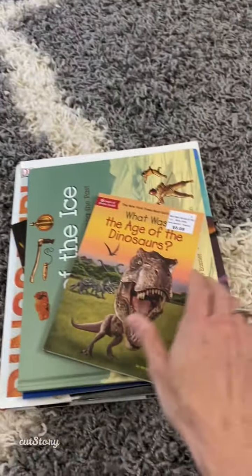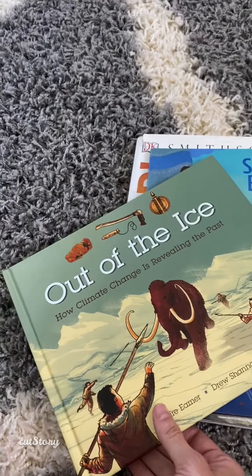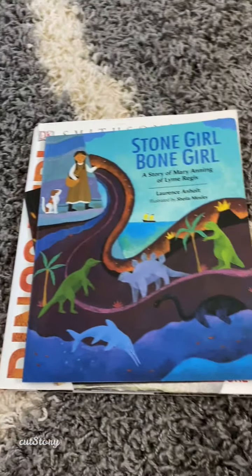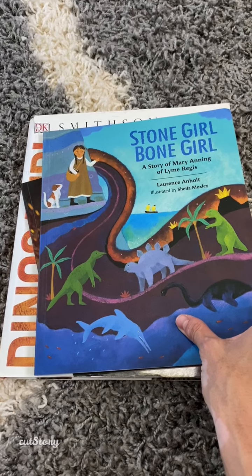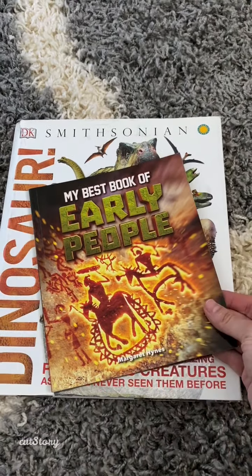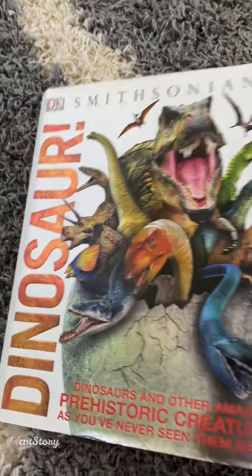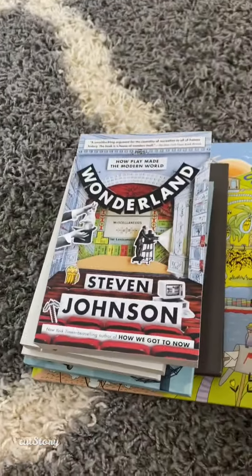And then for our prehistoric study, what was the age of the dinosaurs? Out of the Ice, How Climate Change is Revealing the Past. Stone Girl, Bone Girl, a story of Mary Anning of Lyme Regis. My Best Book of Early People, and the D.K. Smithsonian Dinosaur Encyclopedia. We are also going to be doing Inventors,